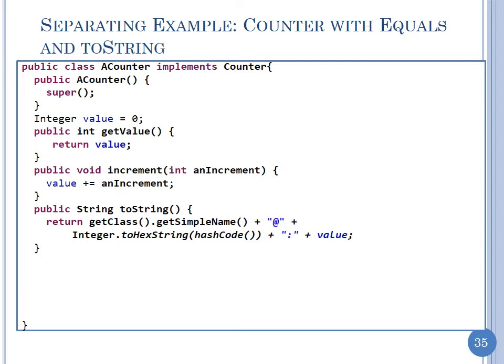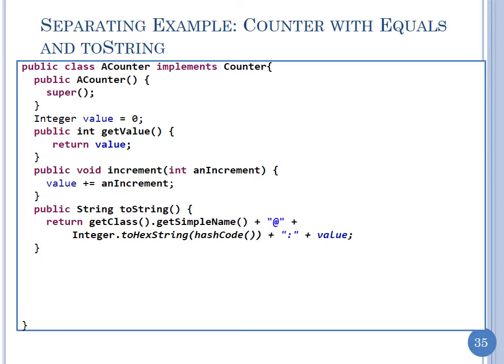I could have just done super dot toString. What I'm doing here is using the object toString as a prefix of the actual toString, and the suffix is the value of the counter. So you can get to know which counter we are talking about, and you get to see how object's toString works because I've